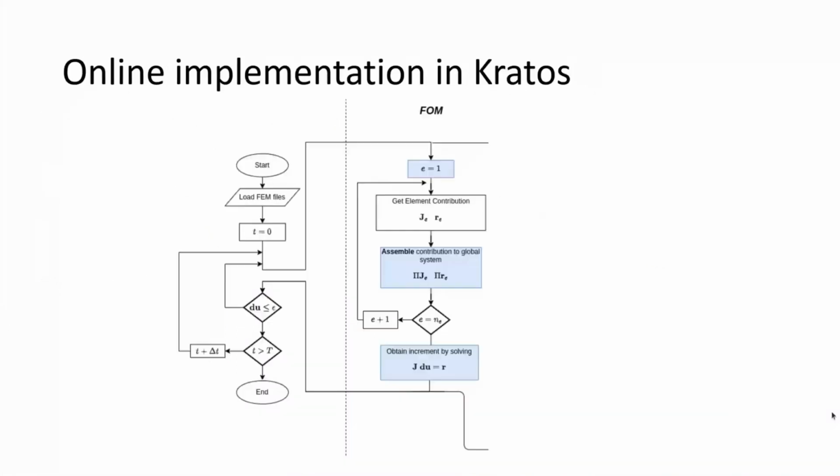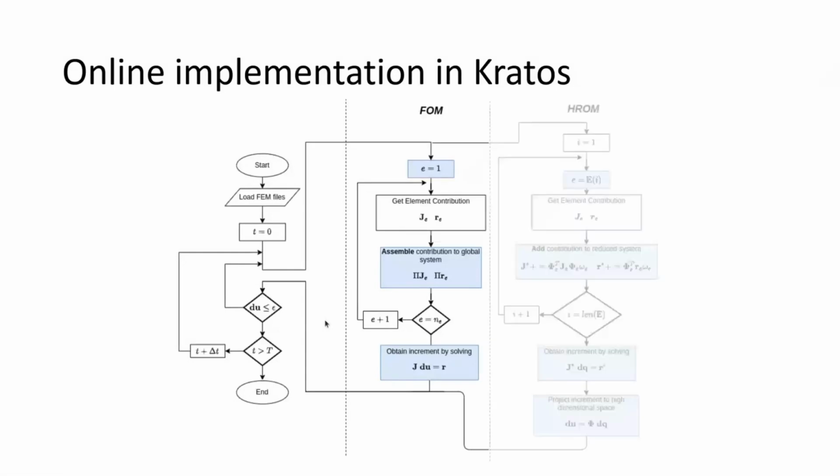And now that we have the elements and weights in Kratos, this is a typical loop. I just loop over the elements and take their contributions to the left-hand side and the right-hand side, assemble it, and solve for an increment. And I check if I'm within tolerance, and if not, I repeat. That's Kratos. That does it for any simulation.